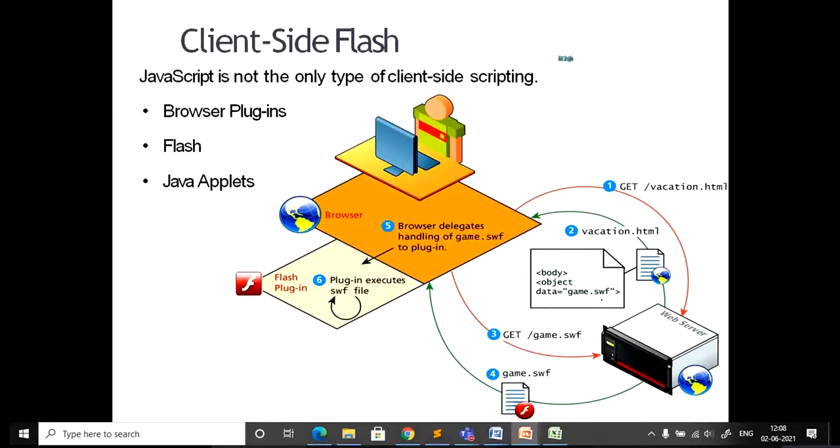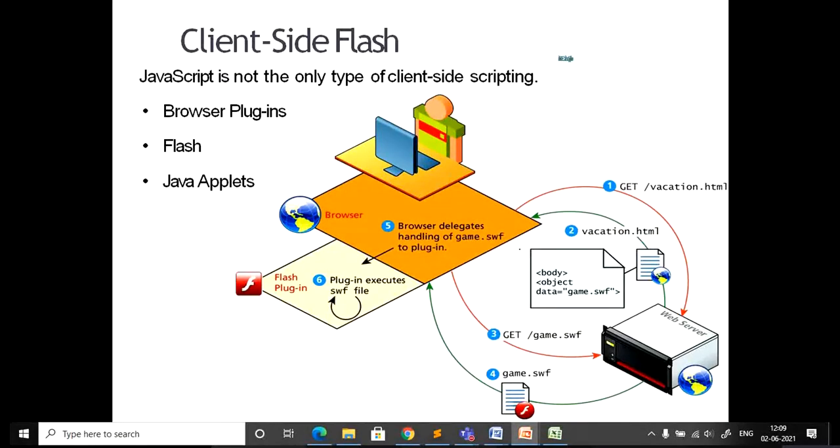Let's go in brief about these. First I'll go with Flash. There is an example, you can see how it works, Adobe Flash. Maybe you are aware of all these things. Consider the user requests a page, a particular HTML page. The request goes to the server, and the resultant response, whatever the user requested, is returned to the user.